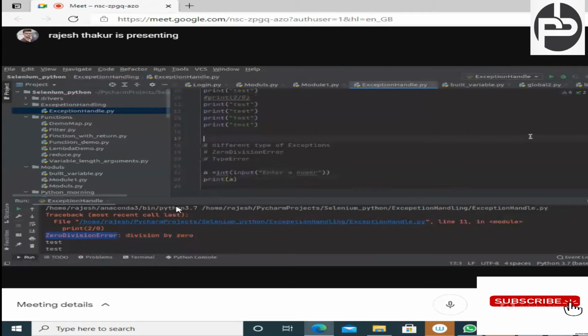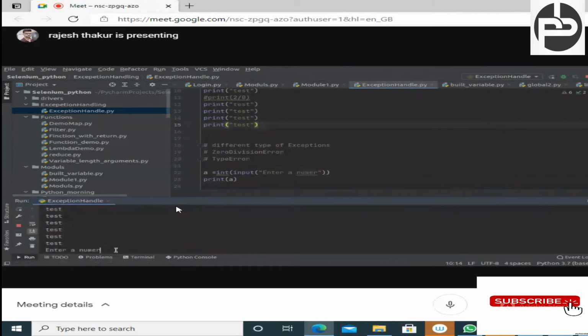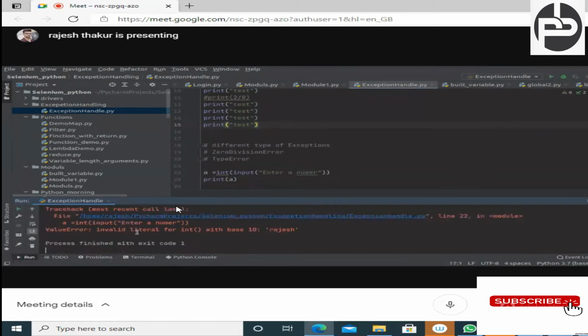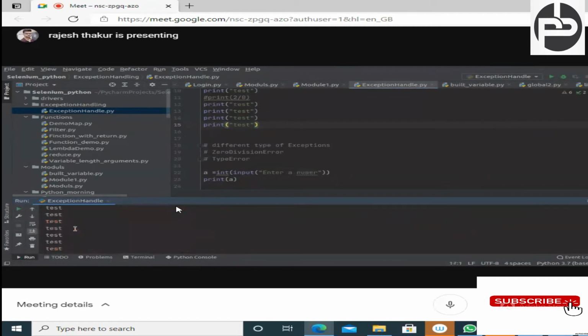Now if I try to execute, run exception handler, it asks to enter a number. I am passing Rajesh. It will throw an error, a value error or type error, you can say. What is that value error? The integer function converts only numbers to integer, and you are passing a string.